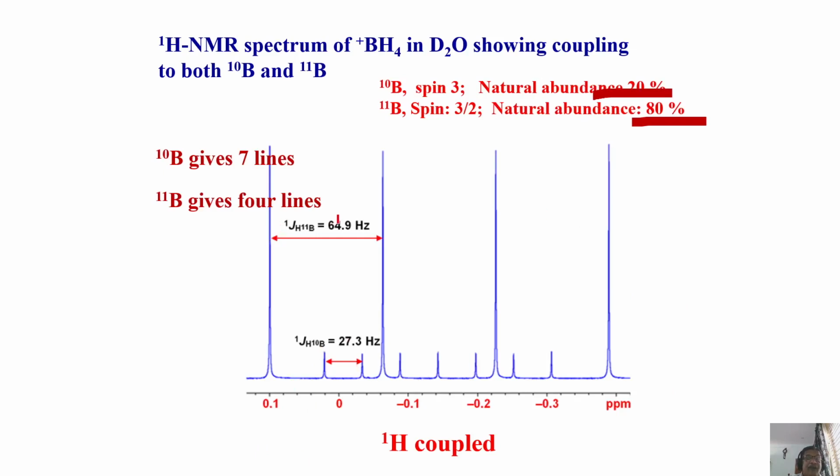This is what we observed when we observed the boron resonance, right? The same couplings we measured. We had to do 2 experiments, the boron 11 and the boron 10 experiment. On the other hand, in one proton NMR experiment, all the couplings of boron 10 to proton and boron 11 to proton can easily be seen here.